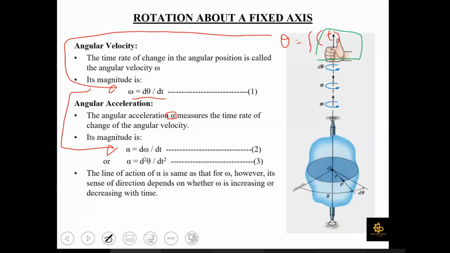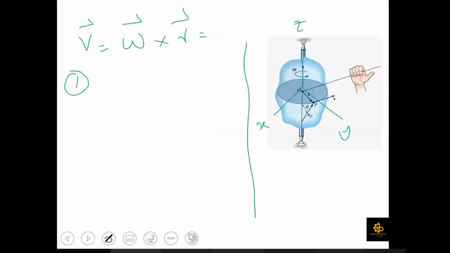So if that body is rotating in a counterclockwise direction, you are going to rotate your thumbs in a counterclockwise direction. This thumb is pointing towards the positive z-axis. So in that case, you can write omega to be equal to omega k. However, if the rigid body is rotating in a clockwise direction, then the thumb is pointing towards the negative z-axis, and you can write omega to be equal to minus omega k, isn't it? Yes sir. Right hand rule clear है? जी sir. Yes sir. Okay, so using that right hand rule, we can write omega, which is counterclockwise here, to be